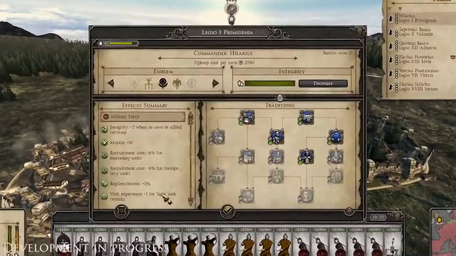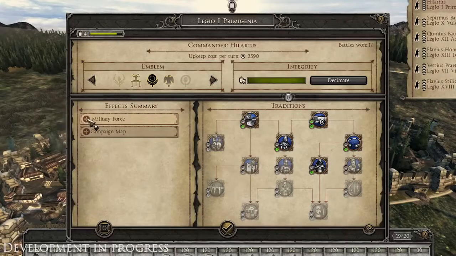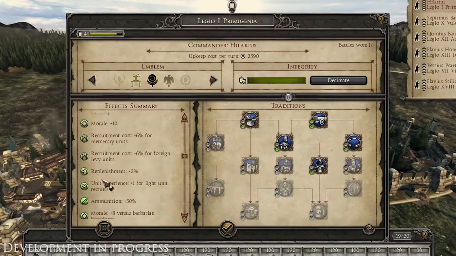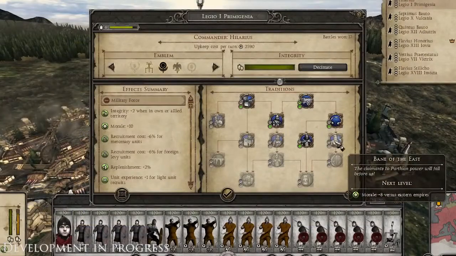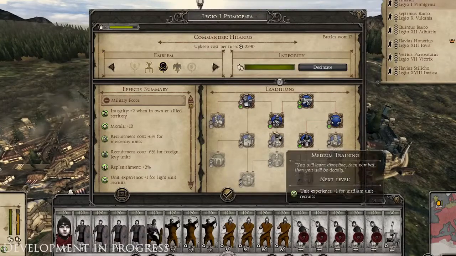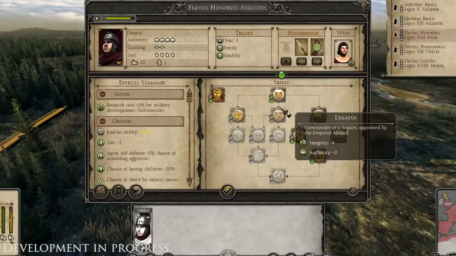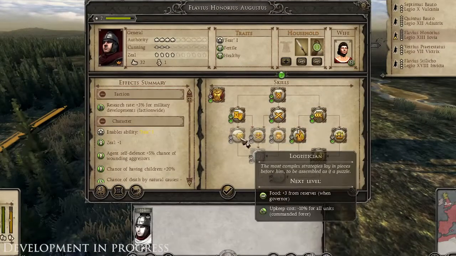Secondly, the force details screen has had a massive overhaul as well. This tab now shows you information like upkeep cost and the amount of battles won. The effects summary is the same as that for generals. When leveling up the traditions tree, the effects will start to be listed into their related categories. The traditions tree varies from providing morale bonuses, campaign bonuses, and unit experience. Leveling your army has now become much more significant depending on whether you want to have them fulfill defensive, aggressive,